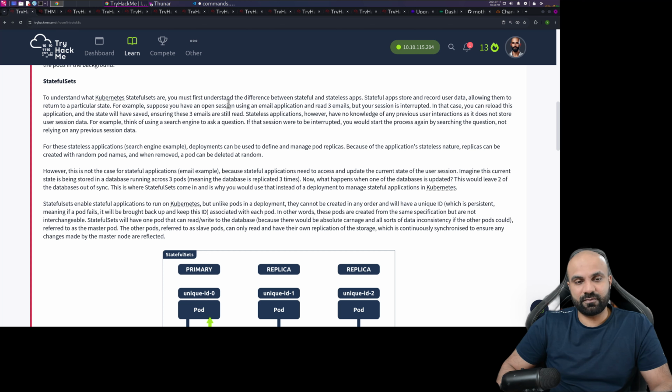you must first understand the difference between stateful and stateless apps, like REST or SOAP kind of things. Stateful apps store and record user data, allowing them to return to a particular state. For example, suppose you have an open session using an email application and read 3 emails, but your session is interrupted. In that case, you can reload this application and state will have saved, ensuring that these 3 emails are